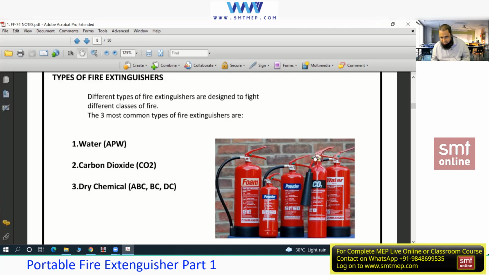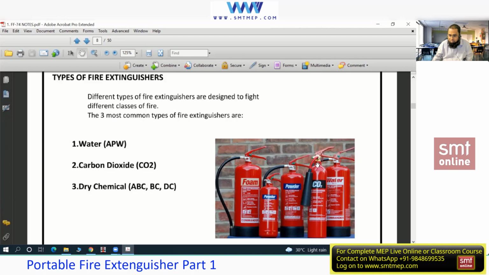Did you find any pressure gauge on the CO2 fire extinguisher? See, even on the other side it's not available. You can check. Do you know the reason? Online? So it's a compressed gas, so it does not require any additional. No, you see, I'm talking about the pressure gauge. Actually, the pressure gauge is not to create the pressure in water or any other type. The pressure gauge is to indicate the pressure so that we can identify the quantity inside. But for the CO2, there is no pressure gauge.